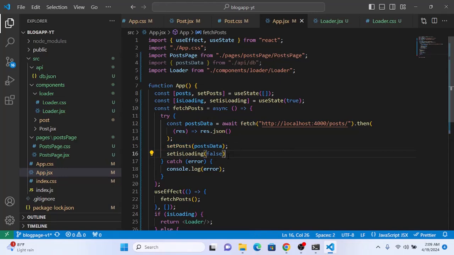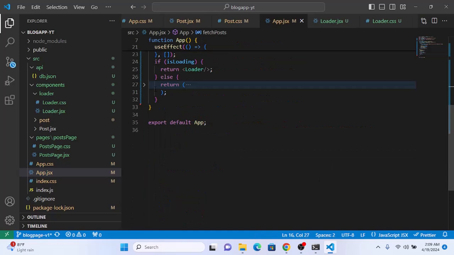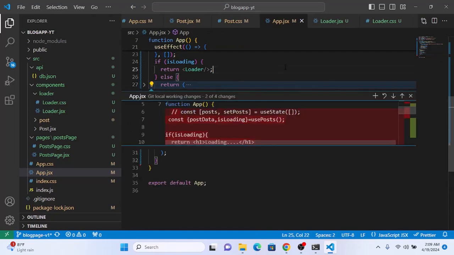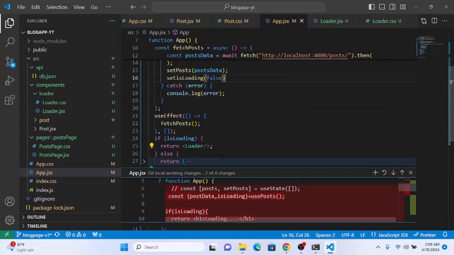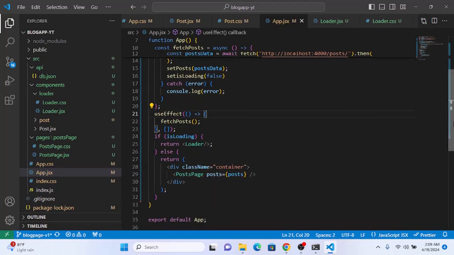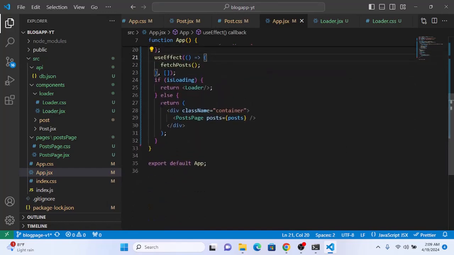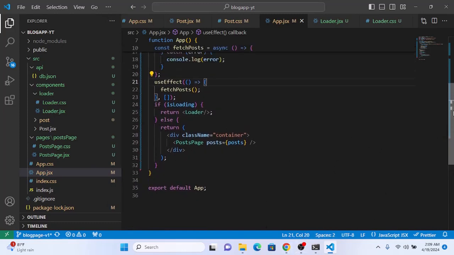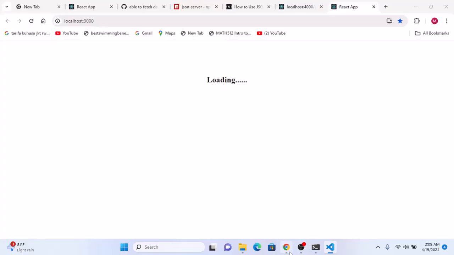Since we get our data successfully, and we set is loading equal to false, it means we want to return what? Let me close it, because we want to return this page here, as you can see, which is awesome. Let me see right now. We still get